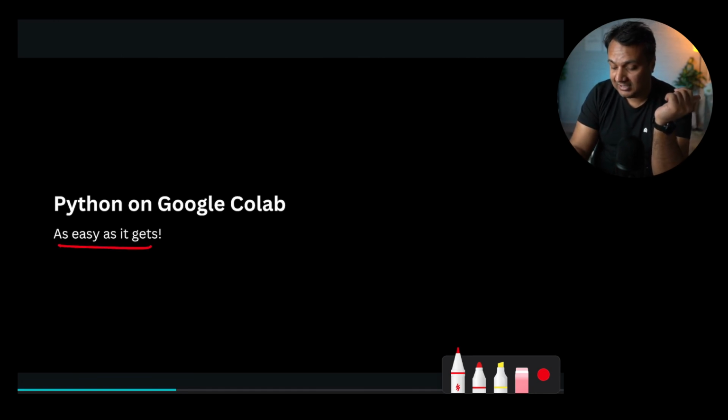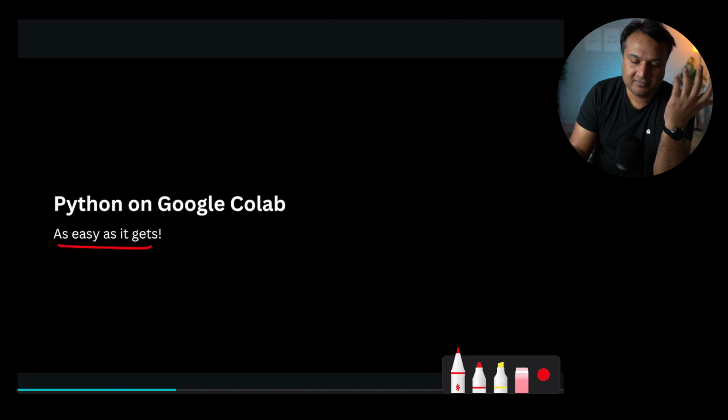Because Python in itself is a very easy programming language to learn, with very English-like syntax. I've worked in C++, I've worked in Java, and I know some other programming languages too. Nothing comes close in terms of ease of syntax.